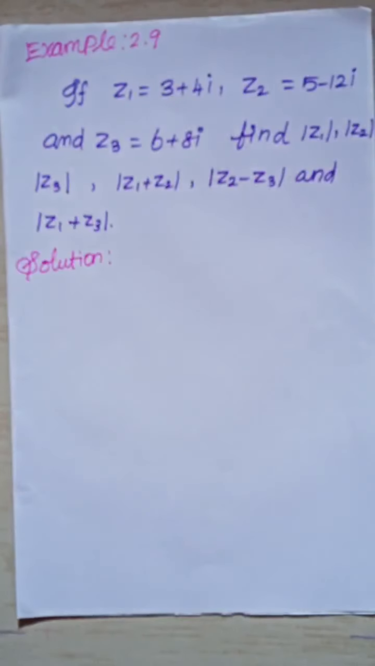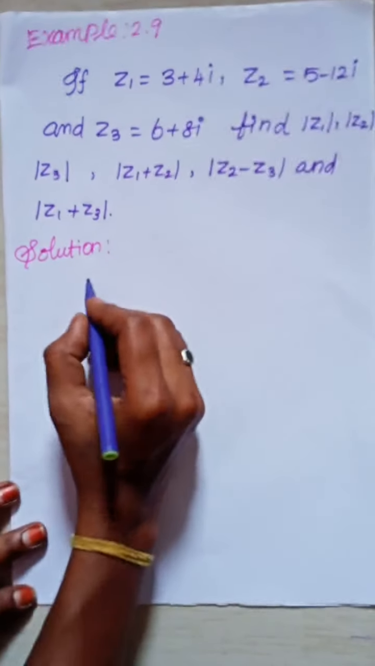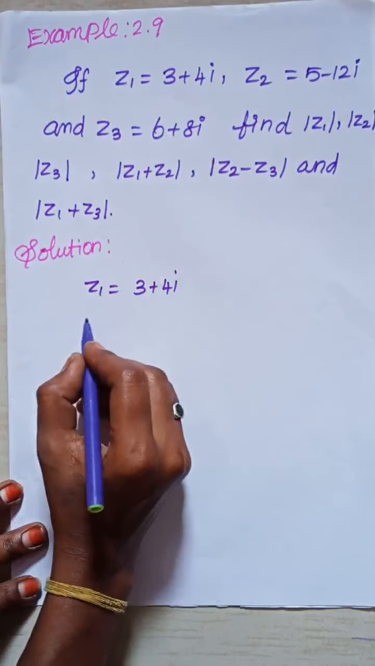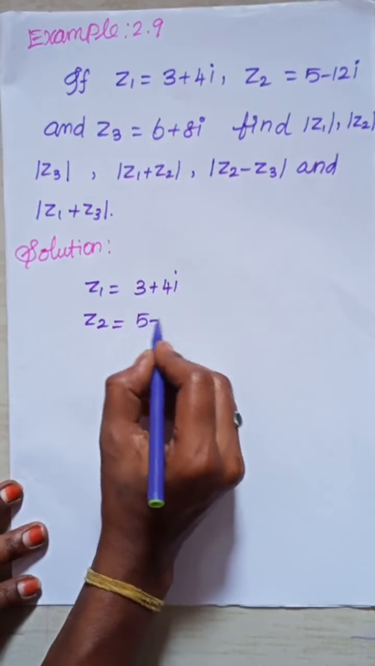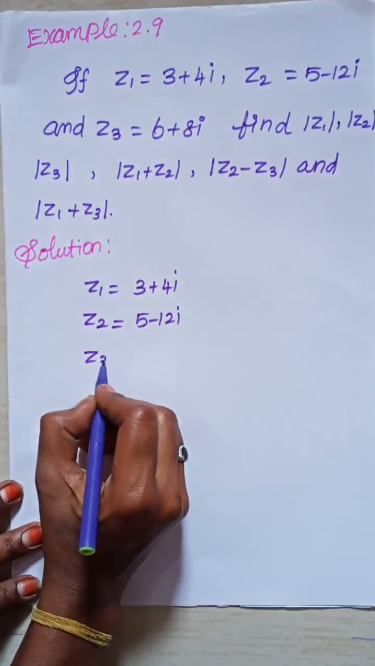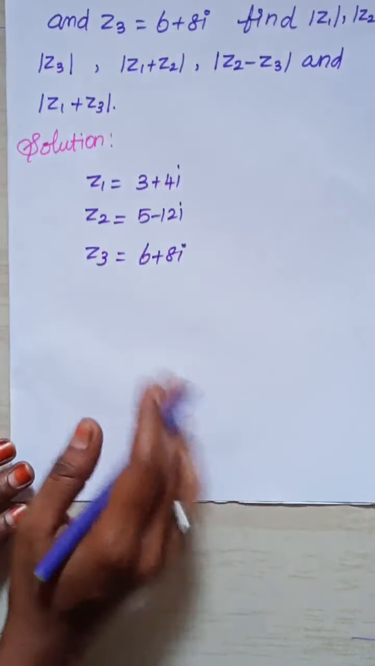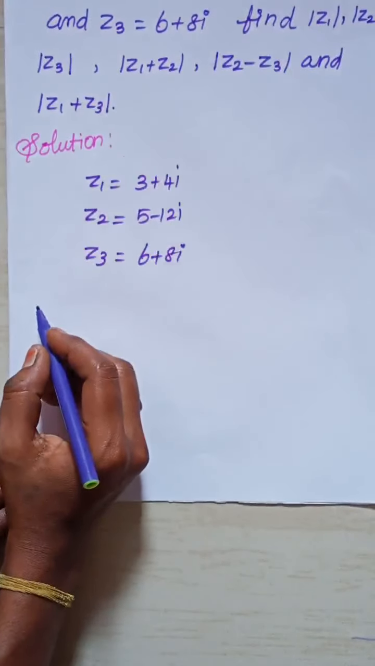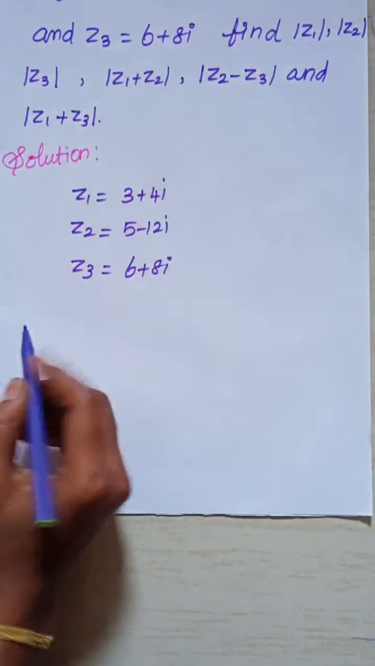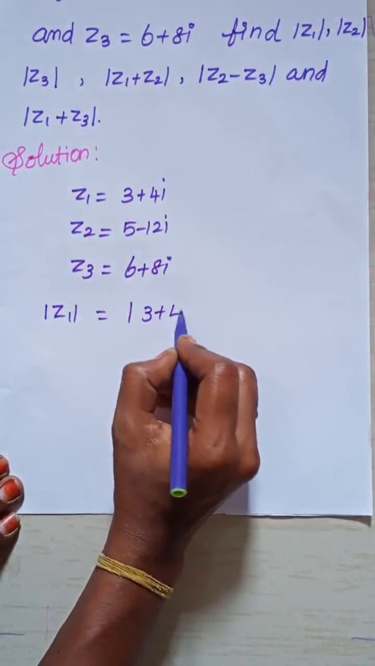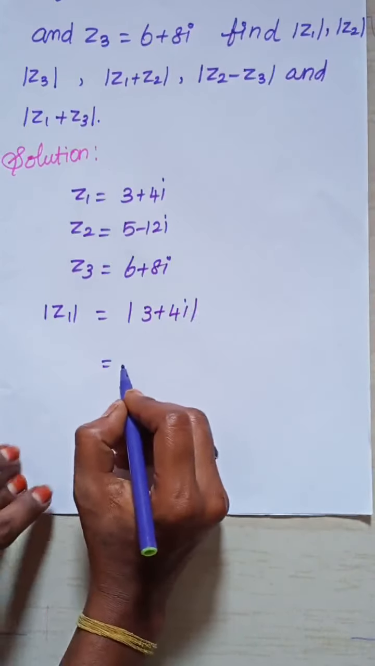What is given? Given z1 is 3 plus 4i, z2 is equal to 5 minus 12i, and z3 is equal to 6 plus 8i. Now find the modulus z1. So modulus z1 is equal to modulus 3 plus 4i,